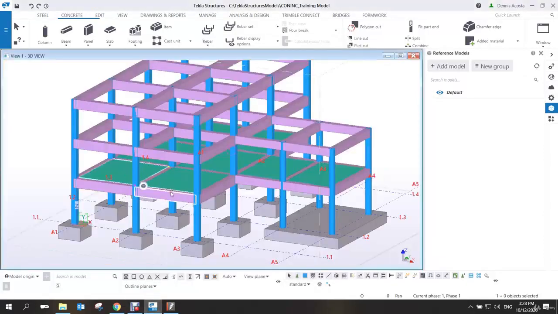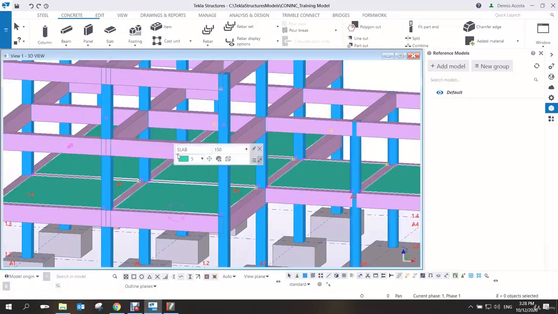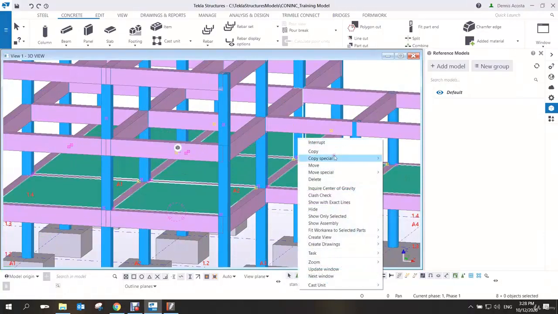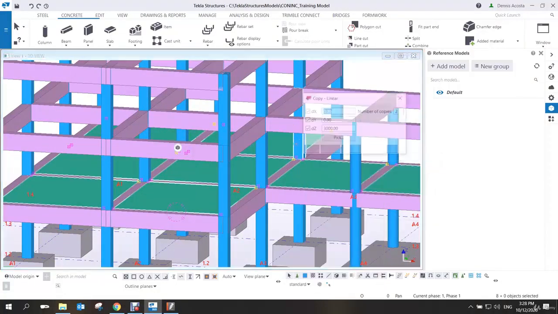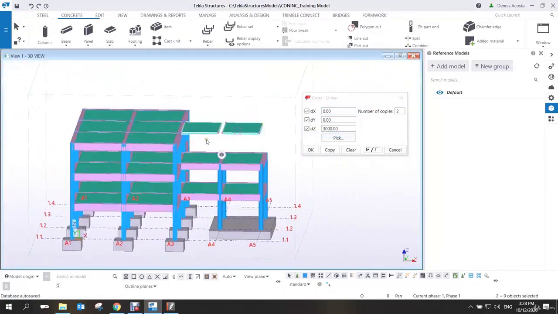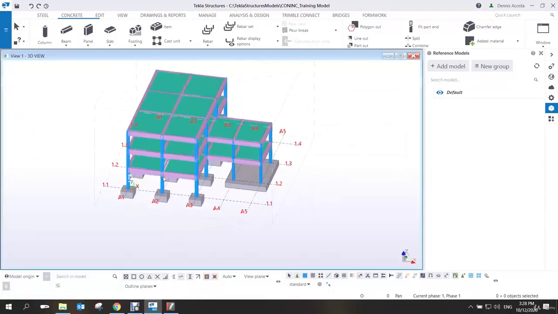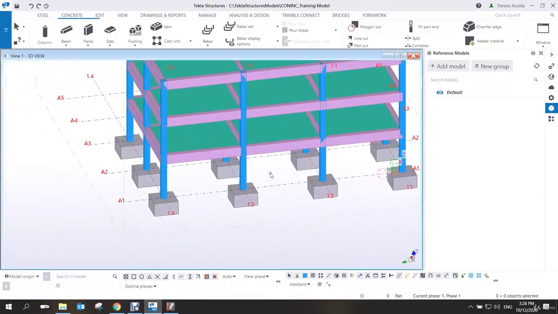So let's copy this. 1, 2, 3, 4, 5, 6, 7. Copy. Linear. So 3,000. 2 copies. Copy. So this one is the excess. And then delete. So you have now already. Now, for the